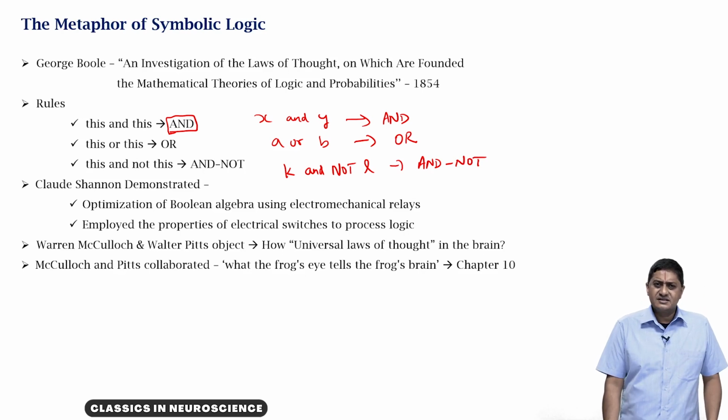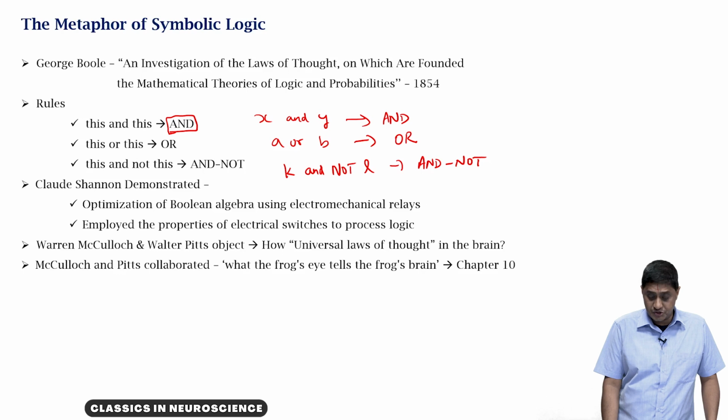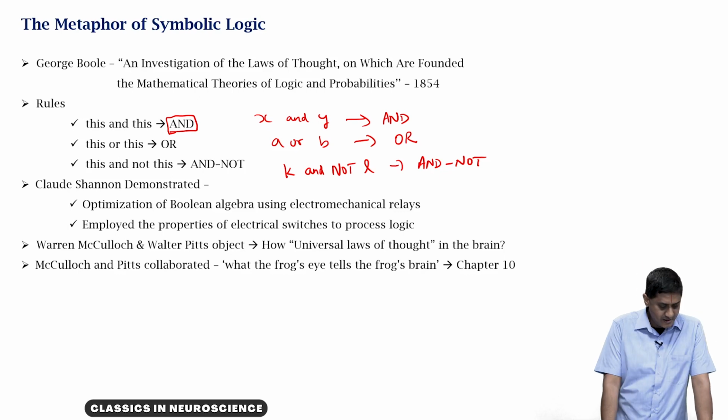These ideas remained in relative obscurity until Claude Shannon discovered them, and it immediately occurred to him that this could have deep applications. So, this has huge potential. He demonstrated optimization of Boolean algebra using electromechanical relays, and he employed properties of electrical switches to process logic. So, until Claude Shannon discovered this,